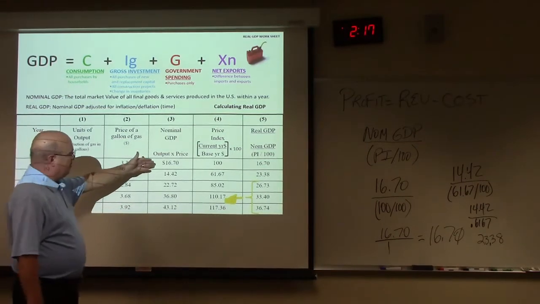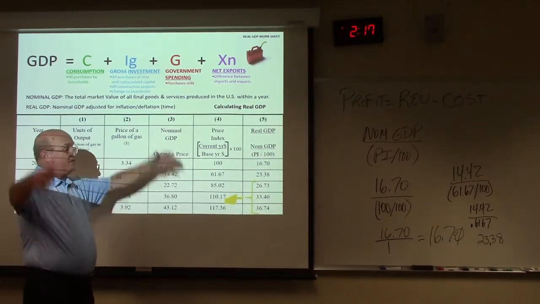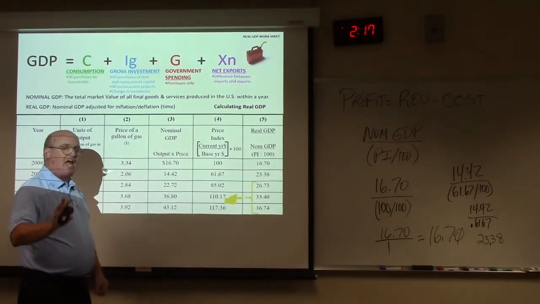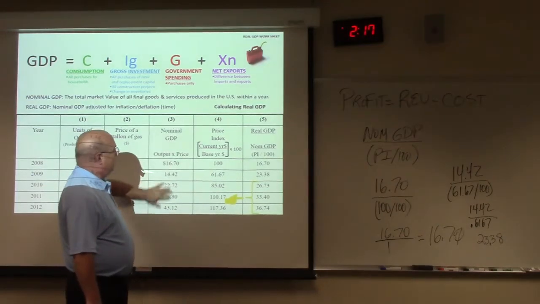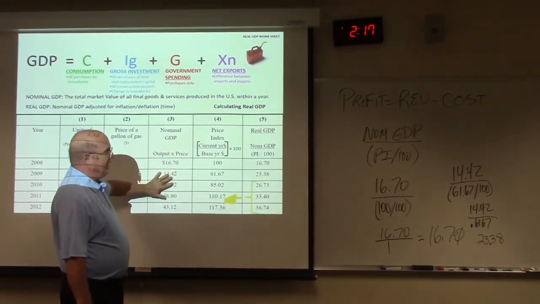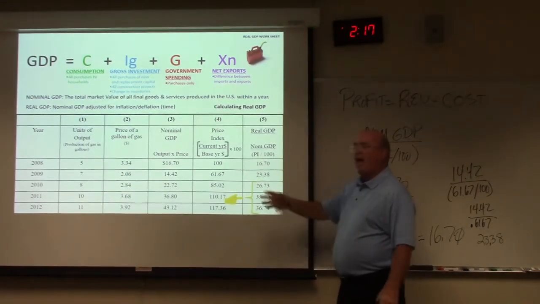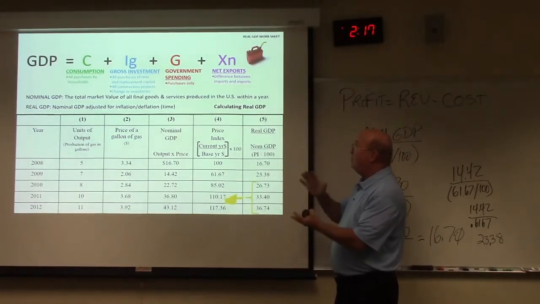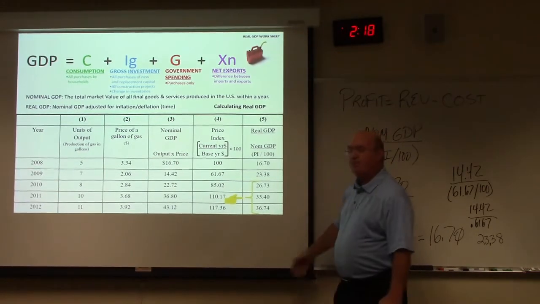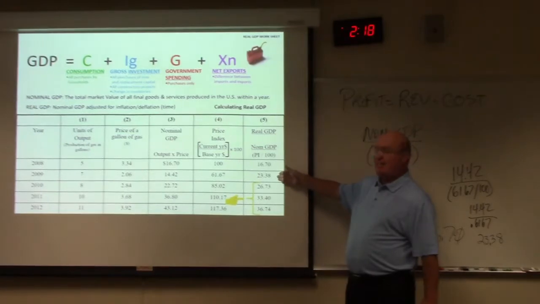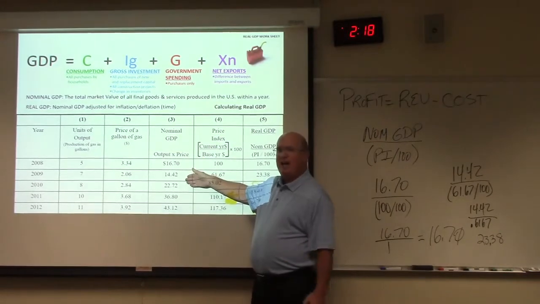Now here's the thing. From here to here, it looked like the economy went down. And from here to here, and from here to here, look, the economy just grew all over the place. Because an economy growing too fast can bring on inflation. That can be another problem. That's why we can't compare nominal GDP, because price levels changed. When we do the computation and compare everything down to one year, we look at, hey, it grew, it grew, it grew, it grew, and it didn't grow too fast. As a matter of fact, from here to here, it grew the fastest. If you just relied on this, and you said, oh my God, I got to increase the economy. Think about,